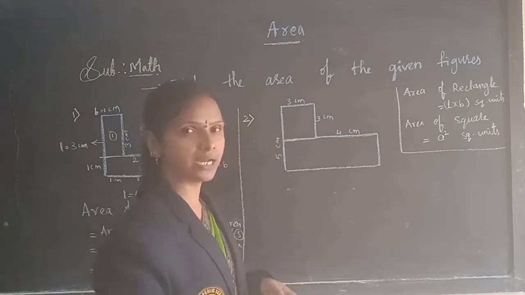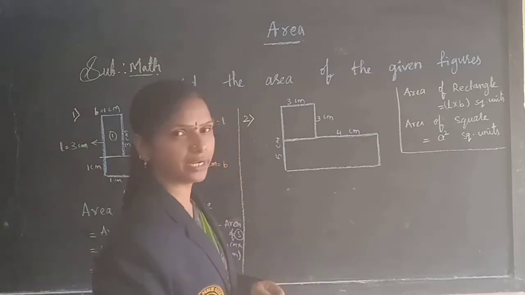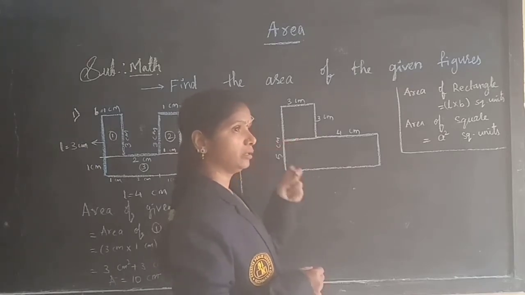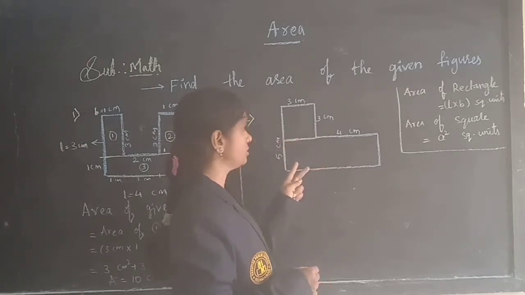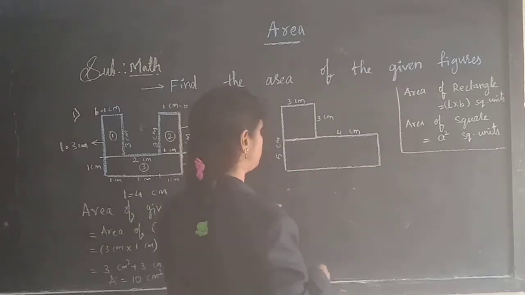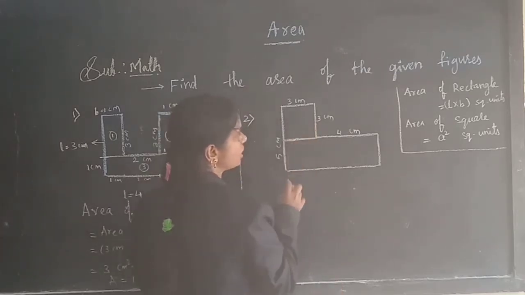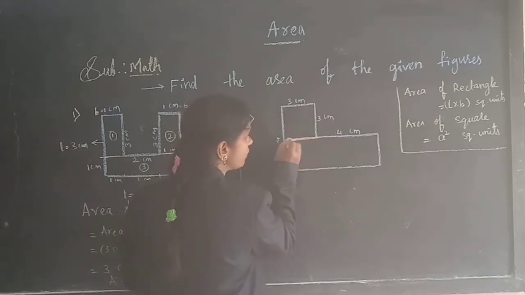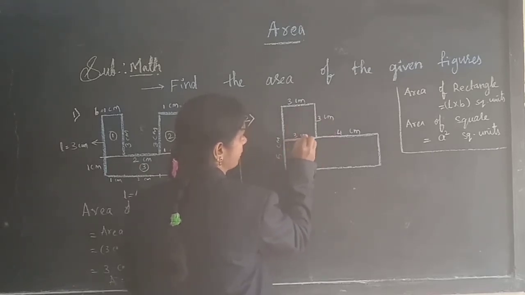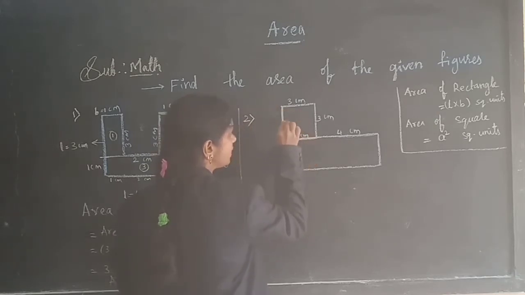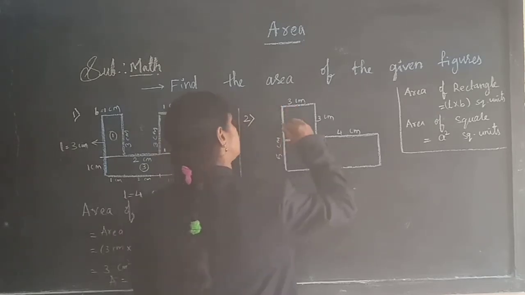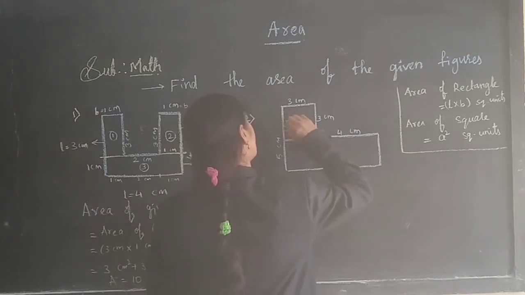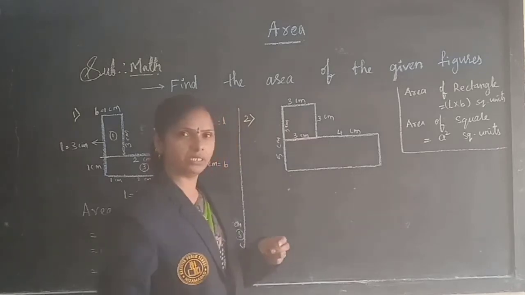Come on, let's give the side lengths. Later on we will find the area of each separate part. If you add the two parts, then you will get the area of the given shape. This is a square now, children. So here 3 centimeters, here 3 centimeters, means this also will be 3 centimeters, and this side also will be 3 centimeters. All sides are the same, so all will be 3 centimeters.